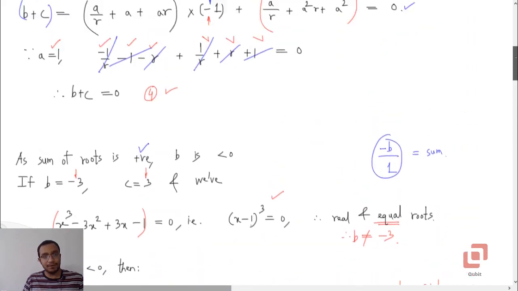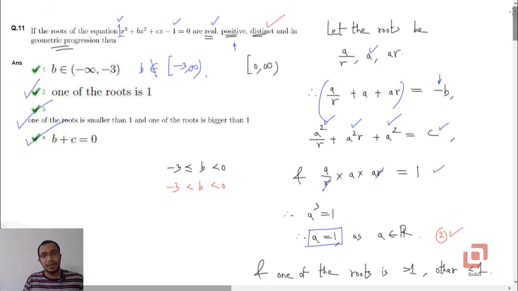No, f of x is having 3 distinct roots, which means b can also not be in this particular range. We have already ruled out this and this. Therefore b should belong to -infinity to -3 because now there is no space left for b. Okay, there are no choices on the real number line, so option 1 is also